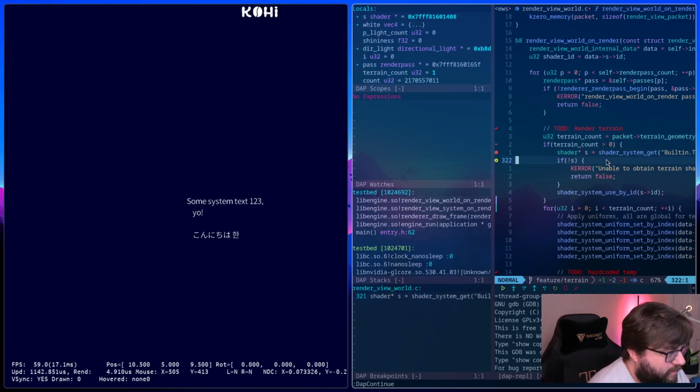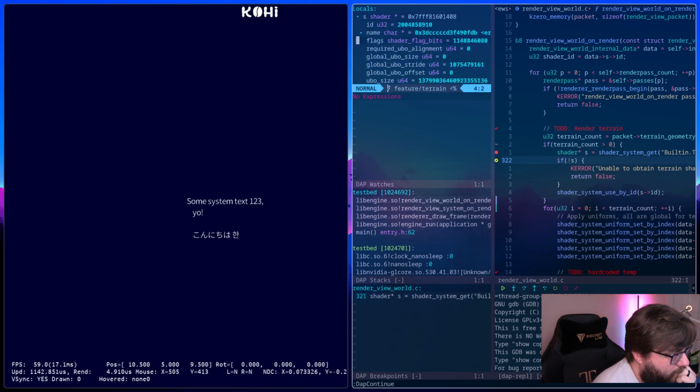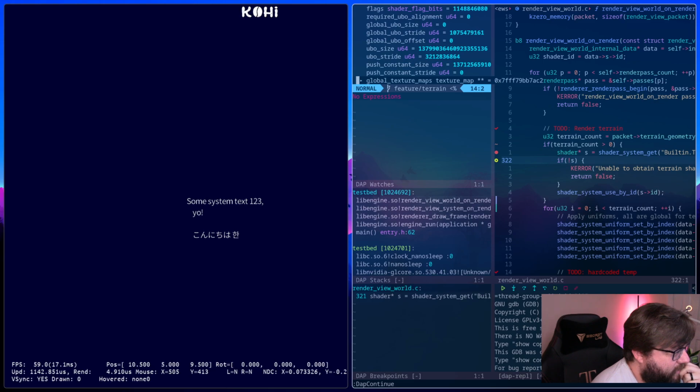And yeah, there's a shader here. Global UBO size. Oh wait, this looks like rubbish though. Yeah, like these are all invalid IDs and stuff.